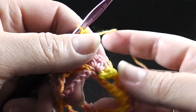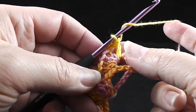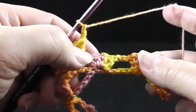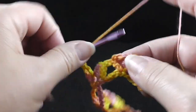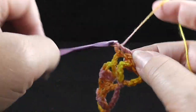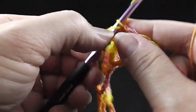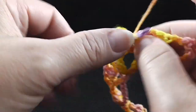That'd be really slow, but you can totally adjust the speed of any of the videos on YouTube. Okay, so now I'm going to continue with my pattern. I chain 2, again skip the 4 double crochets, the chain 2 and the 1 double crochet, and working in this chain 2 space, work 4 double crochets, and chain 2 and 1 double crochet,